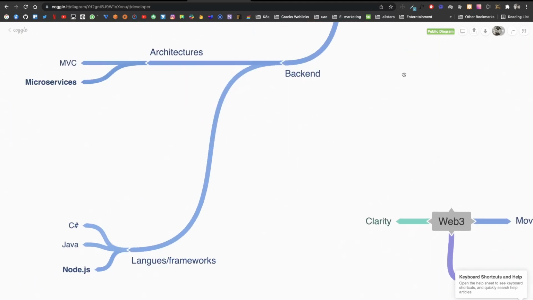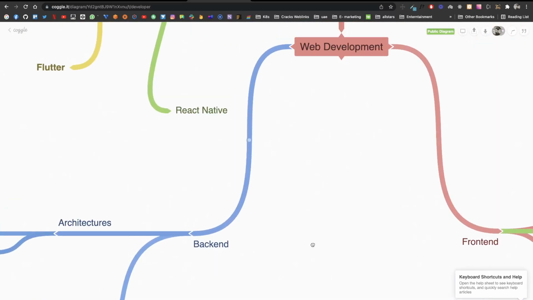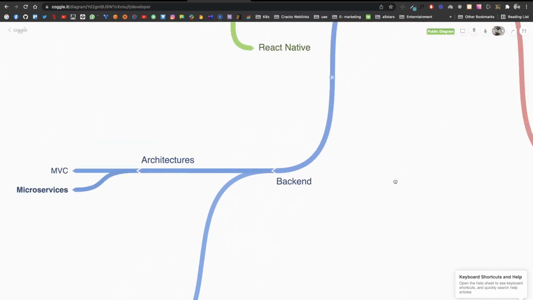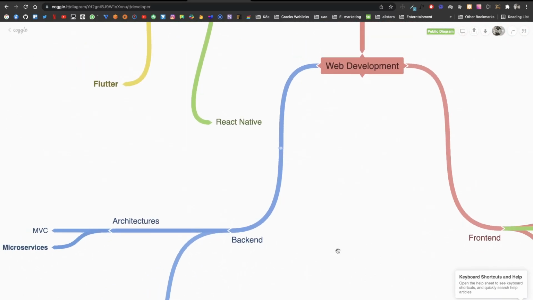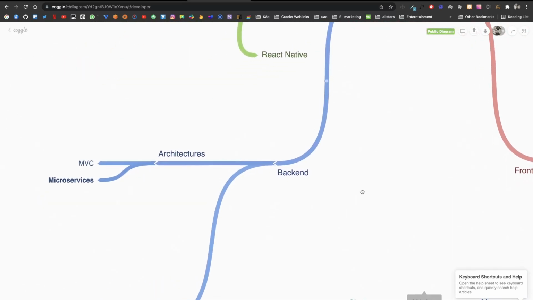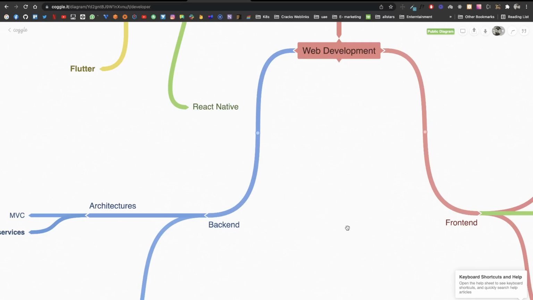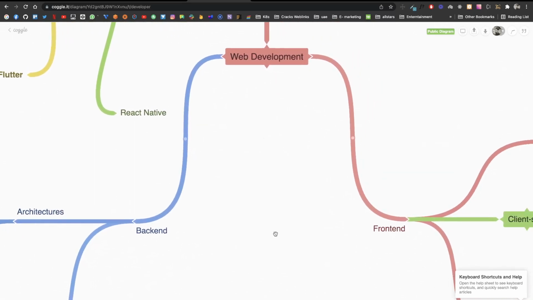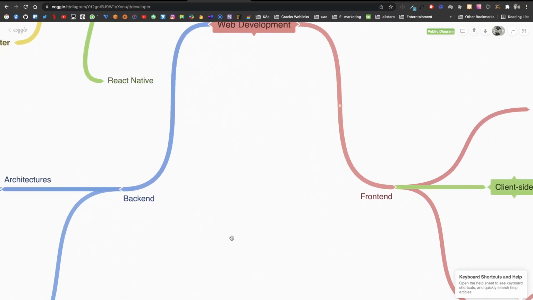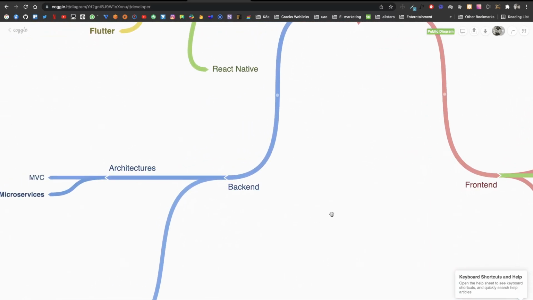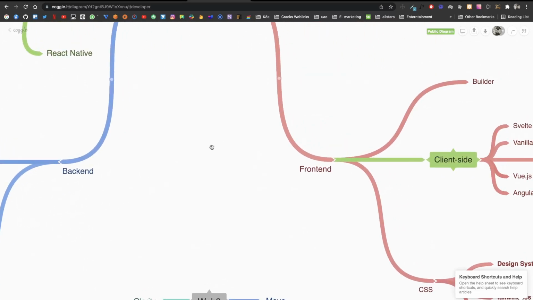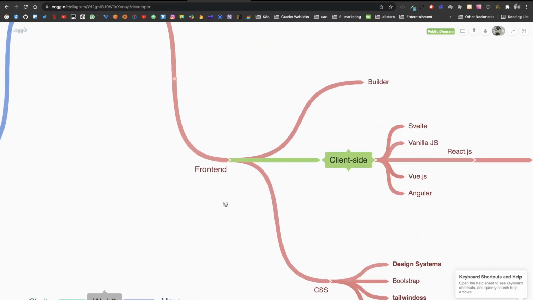But normally backend involves working with databases, saving data, or your business logic can be saved in the backend. So coming up to the front end, start with one of these two. You need to take a path first, and I would recommend first going to the front end, because you need to learn some basics: HTML, CSS, JavaScript in the front end.